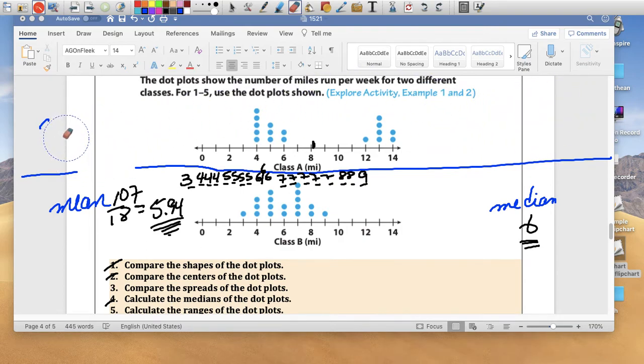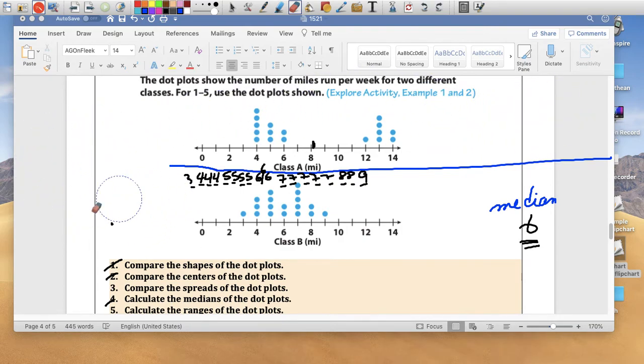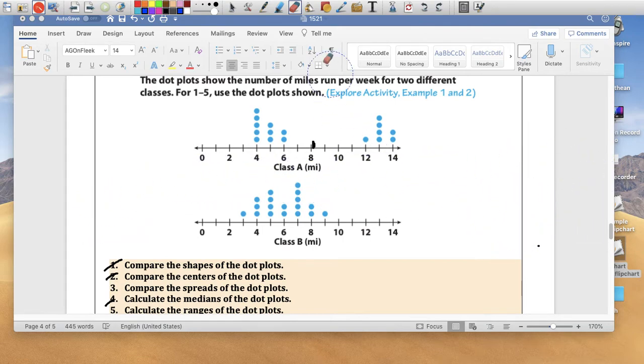And then the mean for this was 5.94. Okay. So I'm going to put the mean. I'm talking about the spread here. That's the mean. And 5.94 would be here. That's the mean. So think about mean absolute deviation, the spread. How far are these numbers from the mean? So as far as we're talking about also spread,